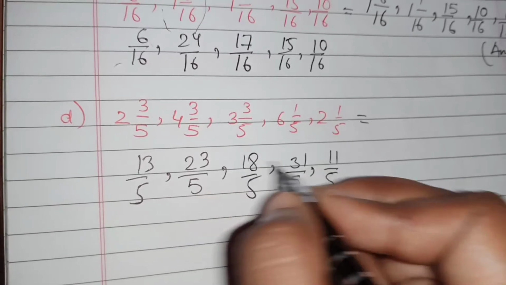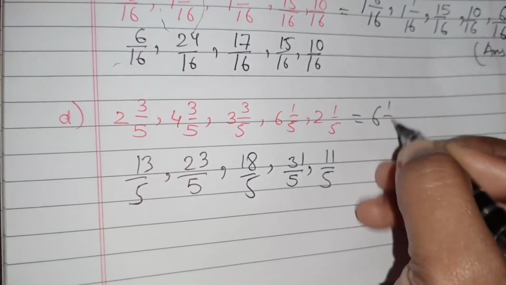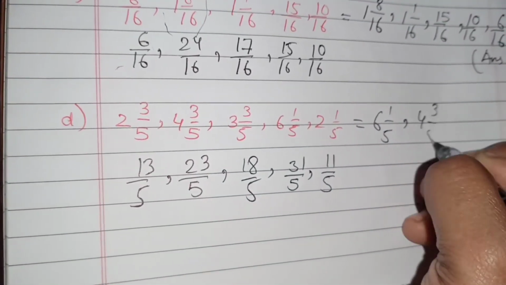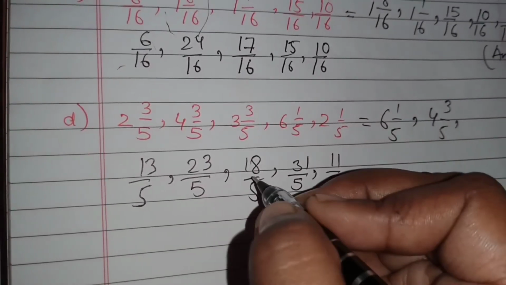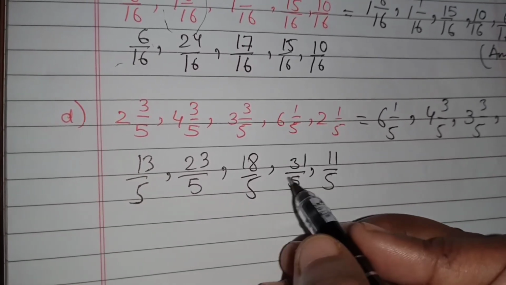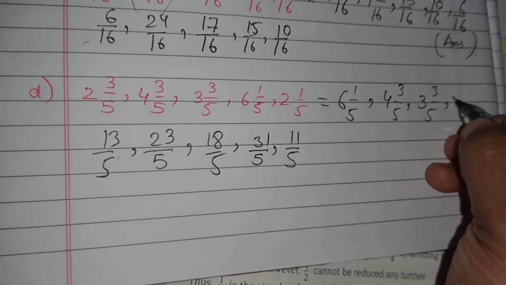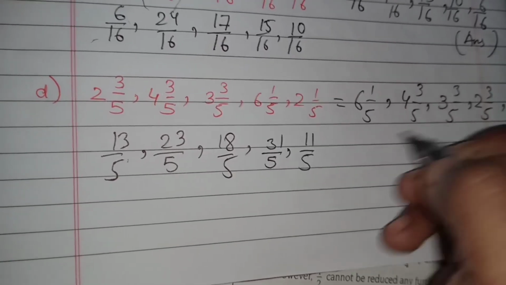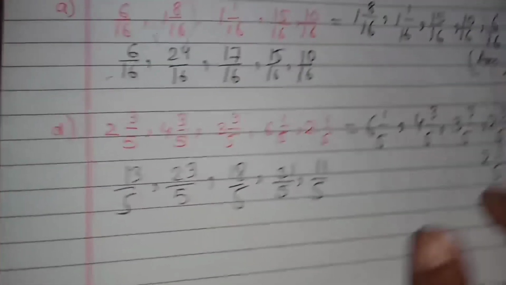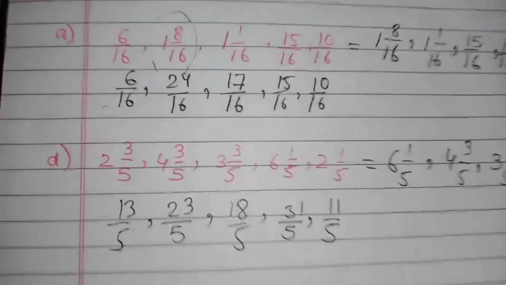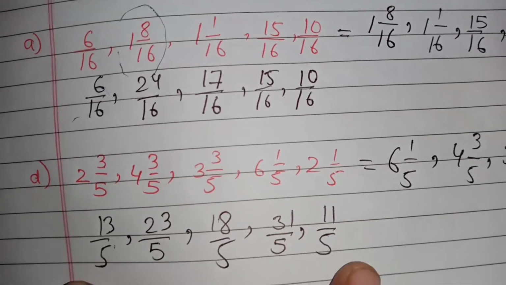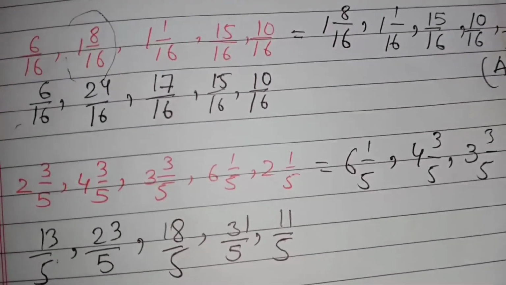Now again we'll see this one. This one is the greatest one, that means 6 whole 1 by 5. Then 23 by 5, that means this one, 4 whole 3 by 5. Then which one? This one, that is 3 whole 3 by 5. So these 3 we have done. Now this one, that means this fraction, 2 whole 3 by 5, and last what is left is this one, that is 2 whole 1 by 5. So this is the answer. In this way you will arrange in descending order from big to small, and it's already a like fraction, the denominator is the same, just you have to see the numerator. Which one is big and small, and you have to arrange. It is very easy to do.